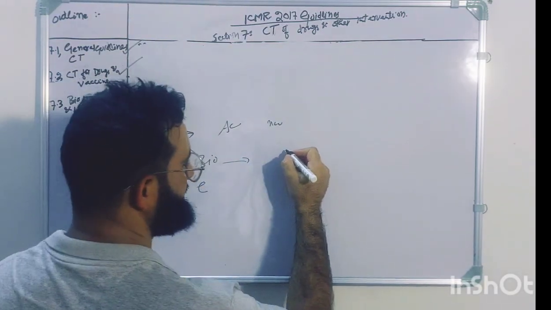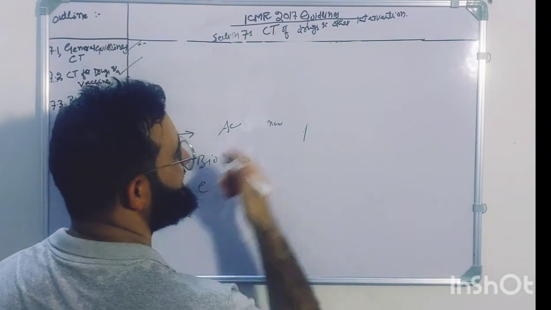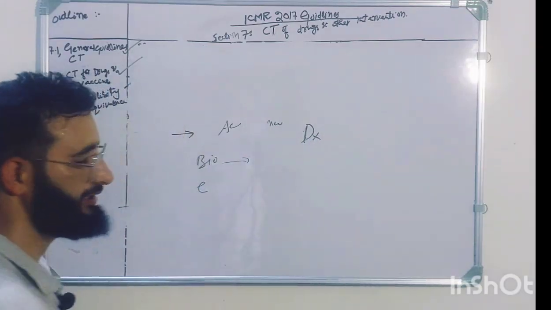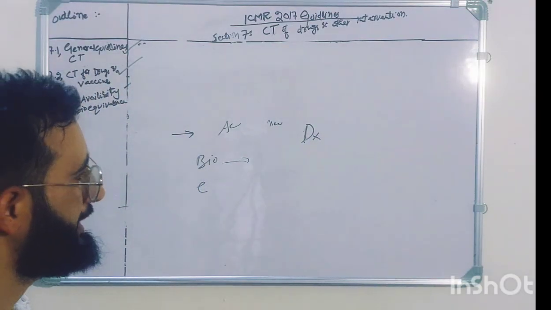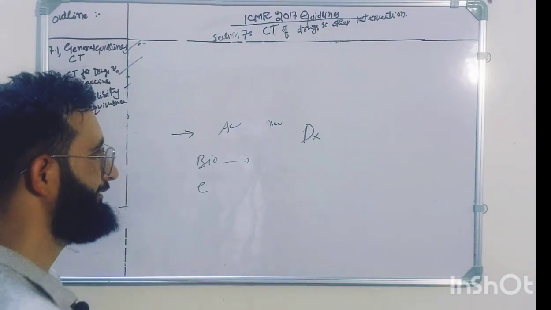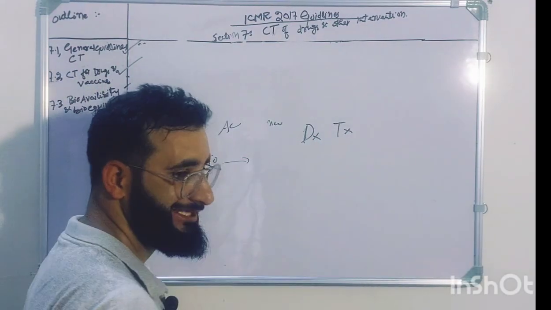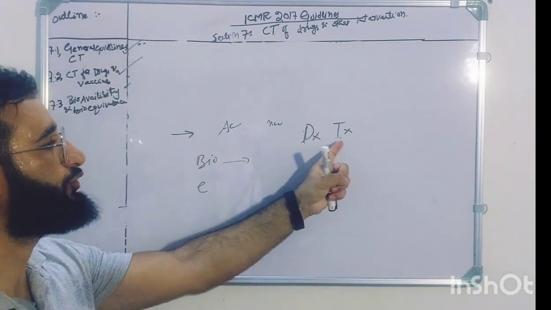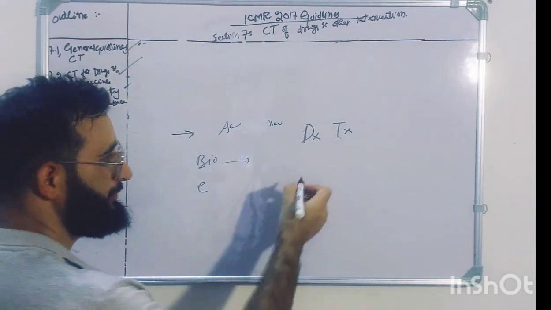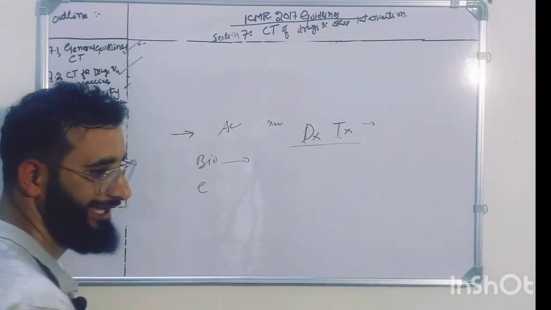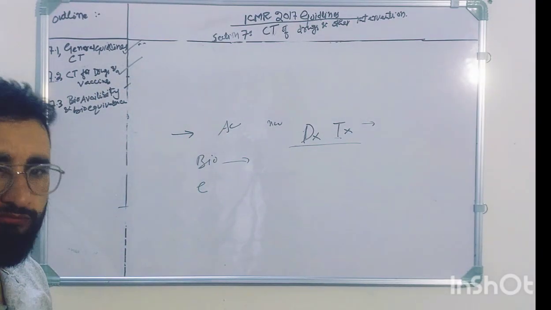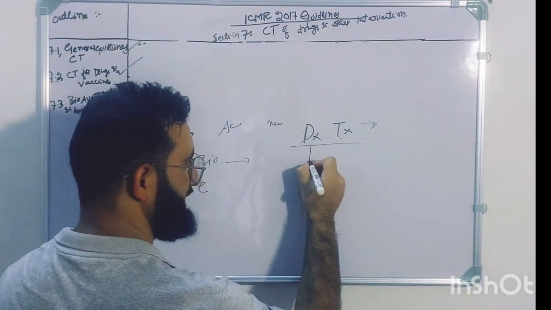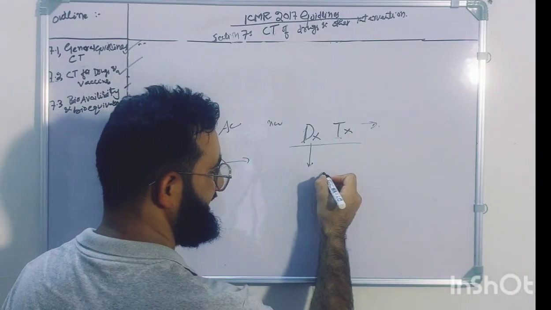For example, DX is any drug manufactured by any company, like Dr. Reddy's, and TX is also the medicinal product containing the same active drug as DX. These are brand drugs, so they are usually costly. These drugs are expensive. When we compare these two drugs, if the bioavailability of both drugs is approximately the same,